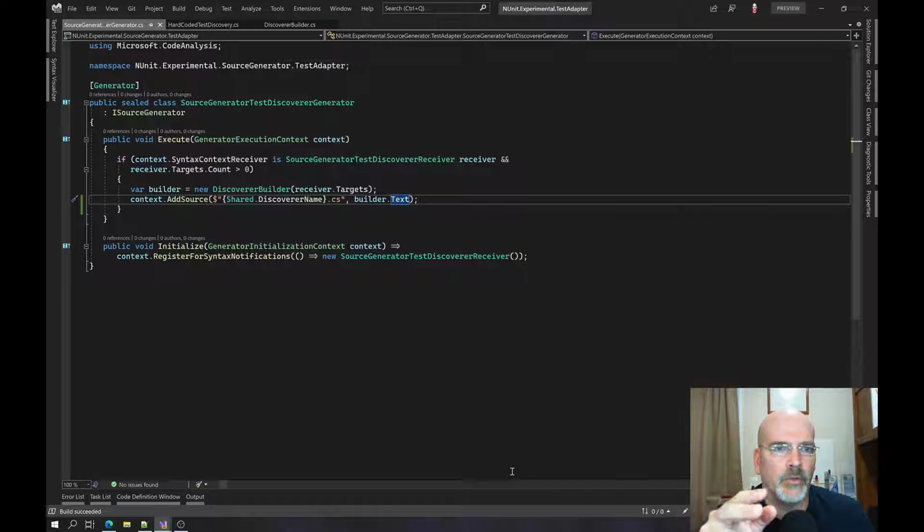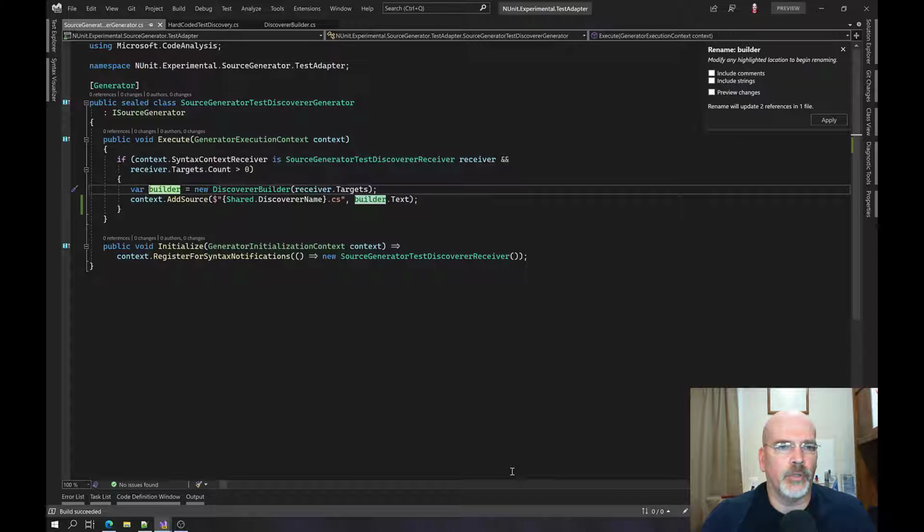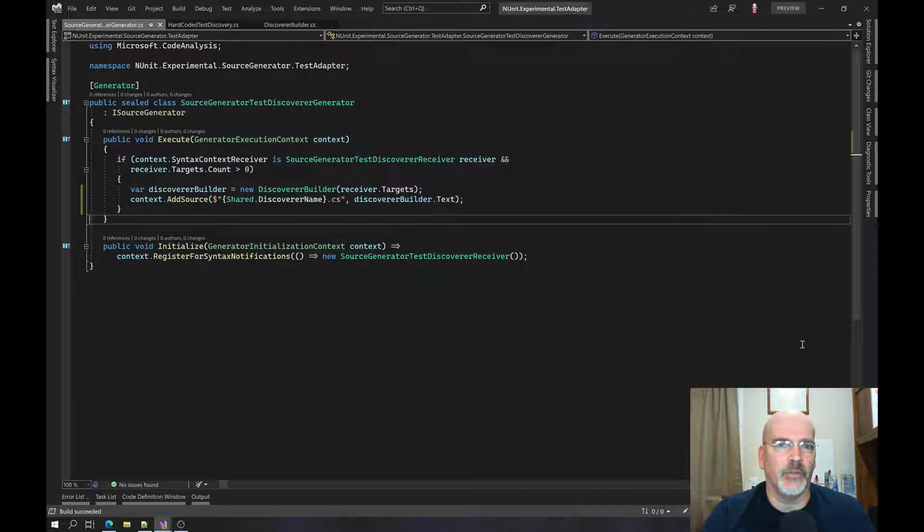Okay. When we get to the source generator here, yeah, we should be explicit here and say discoverer builder. Because then there's going to be an executor builder, and that's also going to do the source. And so we're going to do both at the same time. And yeah, so actually in the next one, I'm going to create the executor builder, and we're going to do that. And then we're going to create a test project to test the test thing that creates the